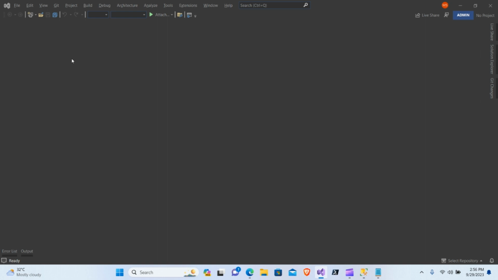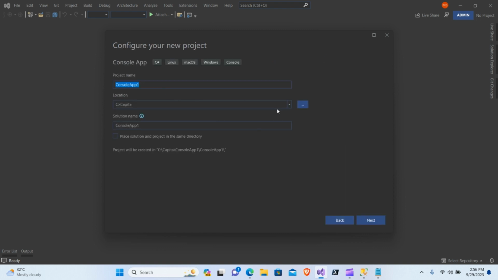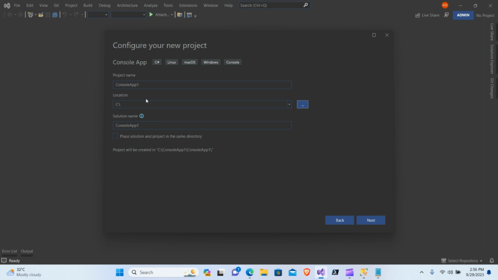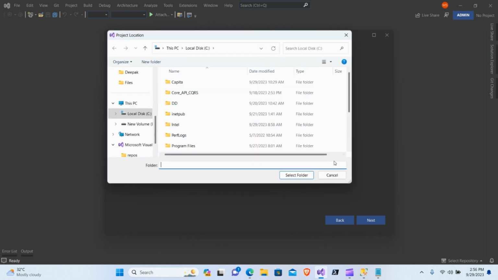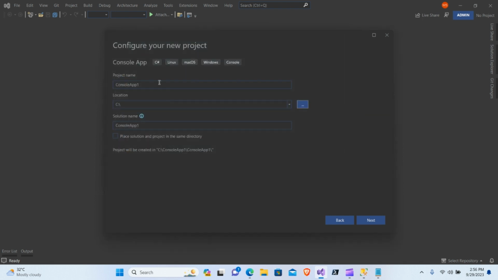Okay, so let me do it. I'm saying file, new project here, and I'm going to make use of the console application, and over here I'm going to save this, right? Maybe over here I'm going to create a folder. Maybe the new folder that I'm going to create, I'm going to do it over here on the C drive itself. I'll say now CS EF core, right? Code first,